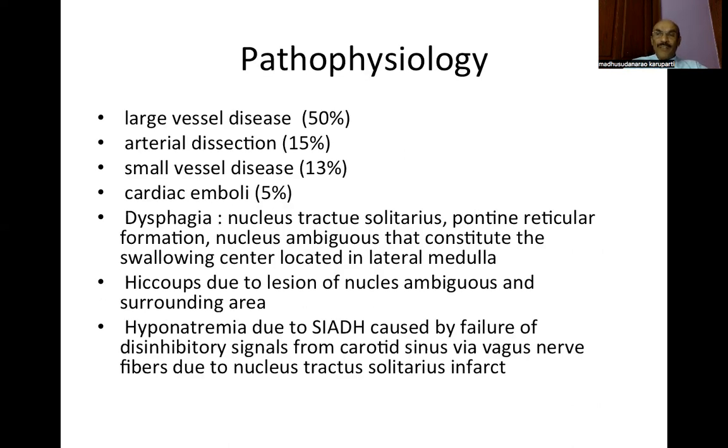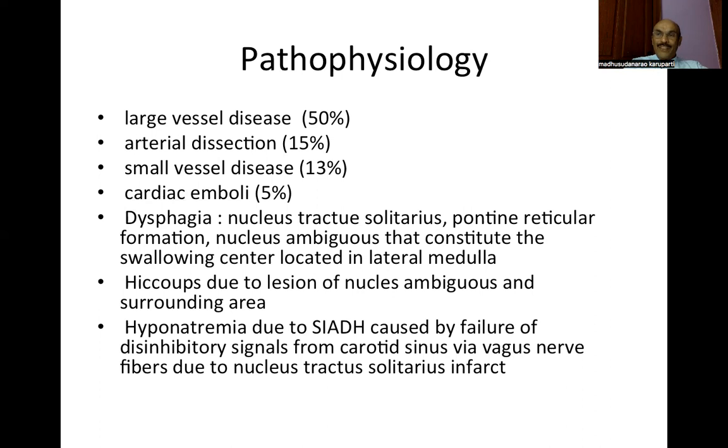Coming to the pathophysiology of various manifestations. The most common manifestation of lateral medullary syndrome is dysphagia. Dysphagia is due to a lack of coordination of action of the upper esophageal sphincter and the lower esophageal sphincter. This is because of the lesion in the swallowing center. The swallowing center is constituted by the nucleus solitarius, nucleus ambiguus, and pontine reticular formation. These structures are involved in the infarct of lateral medullary syndrome, thereby causing